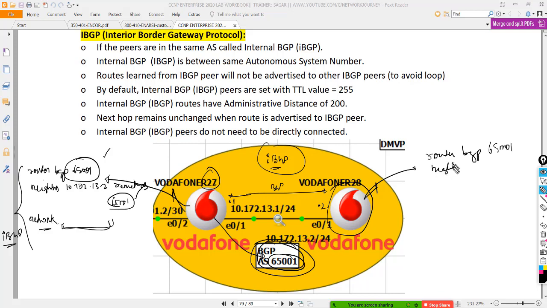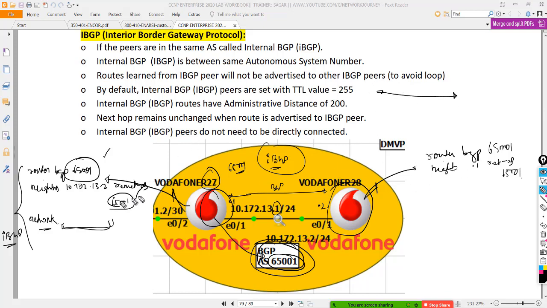I'm going to define the neighbor statement. The neighbor now is dot 1. Then I'm going to say remote AS. The remote AS is once again 65001, because these are part of 65001.